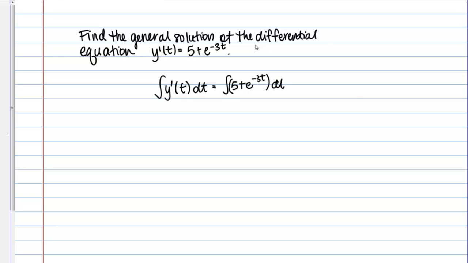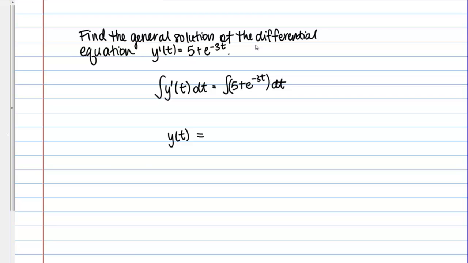Okay, so I'm just integrating both sides with respect to t like this. Now on the left-hand side, if I integrate y prime of t, I'm just going to get y of t. So y of t equals, okay, so now I need to integrate this function